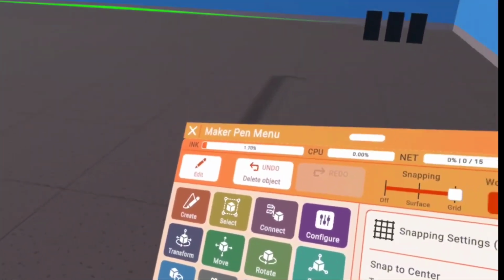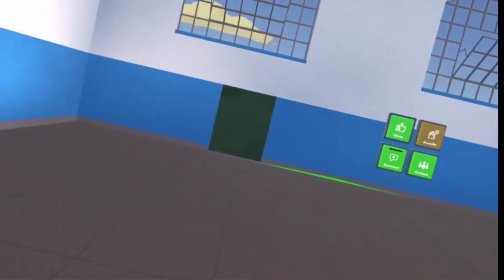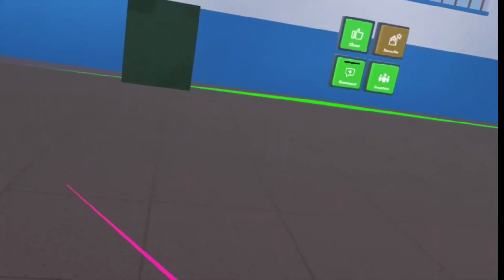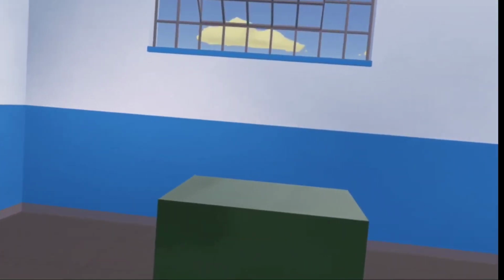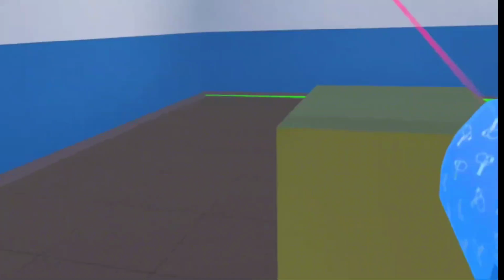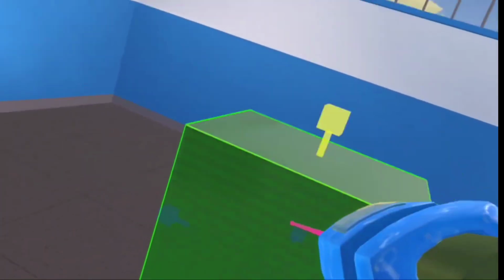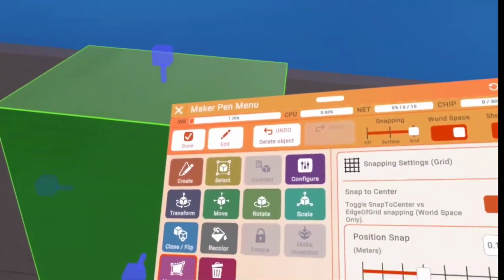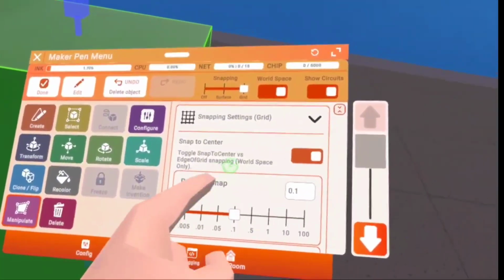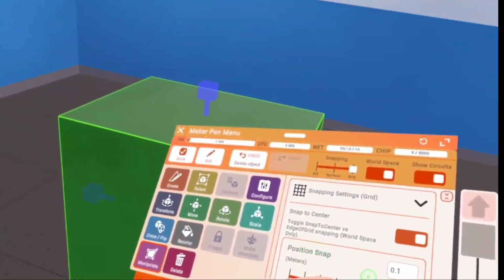Next is the manipulate button, the manipulate tool, which is a helpful tool you can use when you are building a room. Let's say like a PvP room. So with the manipulate tool, you can select this beautiful green box. You can go to your MakerPen, and you can see the snapping settings here will be useful when you're